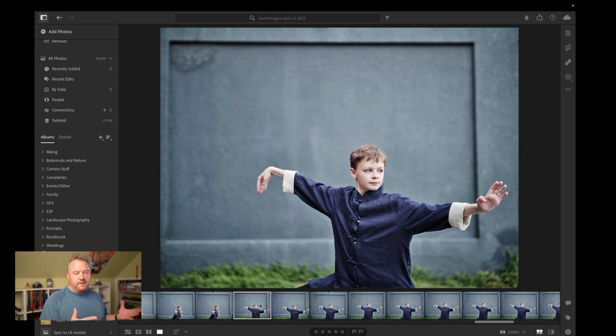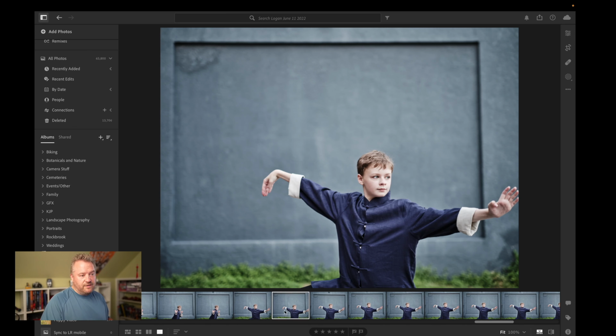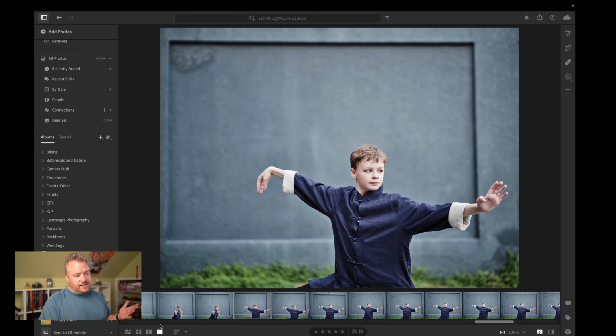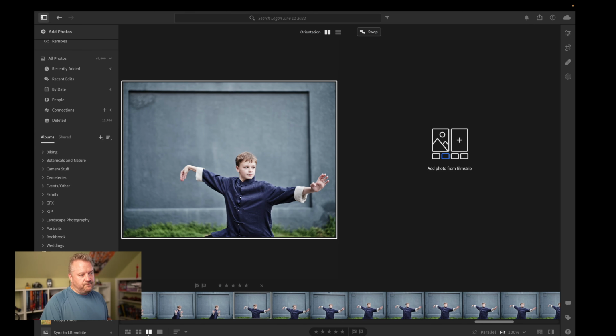One of the updates I'll probably be using all the time is the compare feature. Now, this has been around in almost every other program that's out there, especially Lightroom Classic, right? But finally, in the middle of 2022, they added it to Lightroom, and I'm happy it's there. So you'll find it down here under the different views. I just have the single view, and what I used to have to do is go and click on each one and just kind of compare them. But now, luckily, I can click the compare view right there,